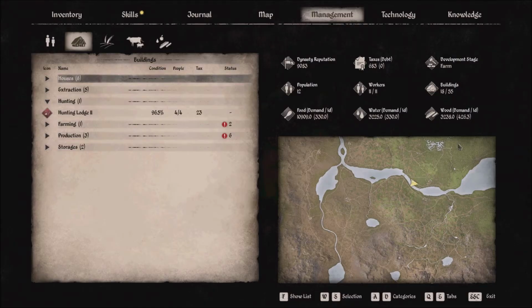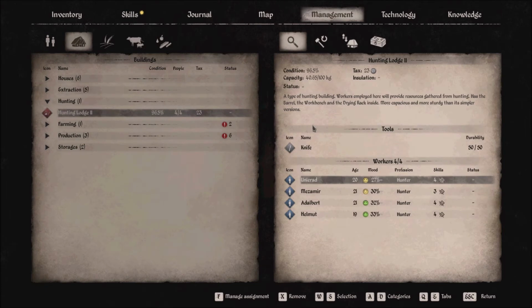Press tab. Go back into your management. And look, the exclamation mark is gone. Their knife is back to durability of 50 of 50. I like to keep the tools stocked plentiful just because I like to run off and do quests and stuff, and I don't like to have to come